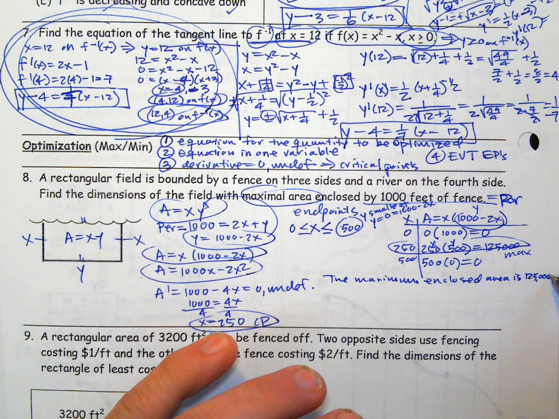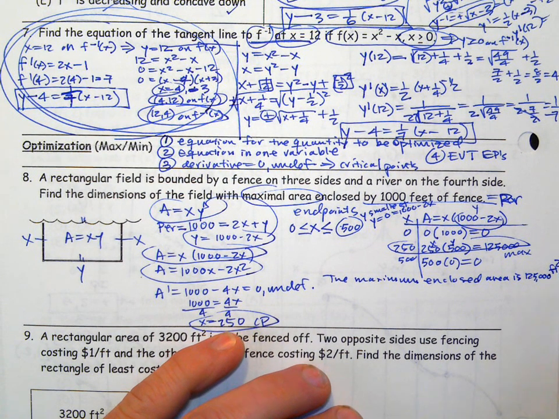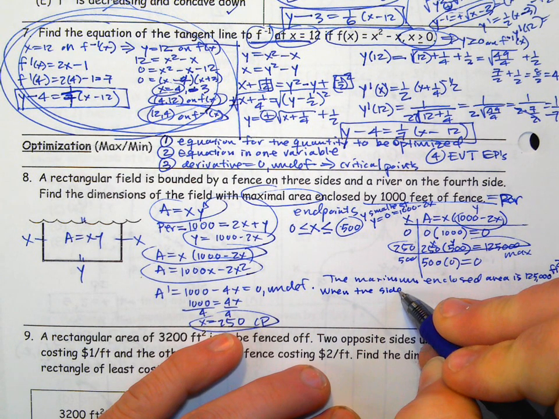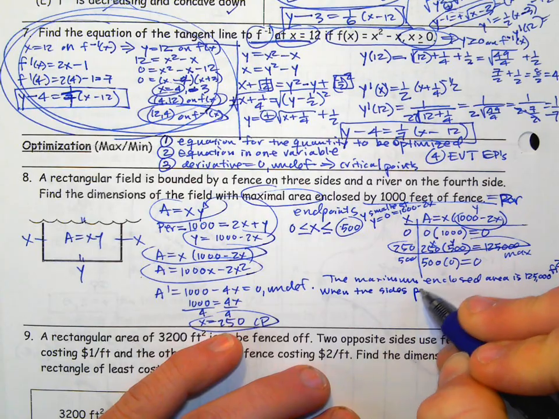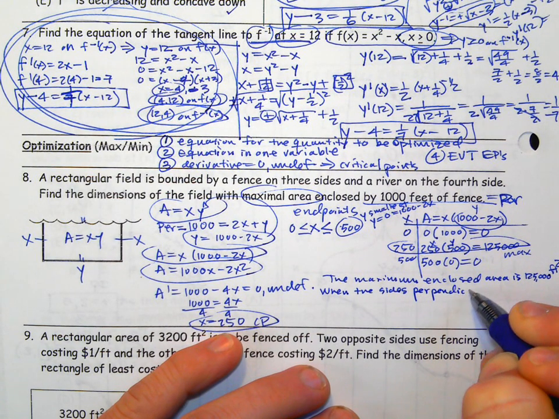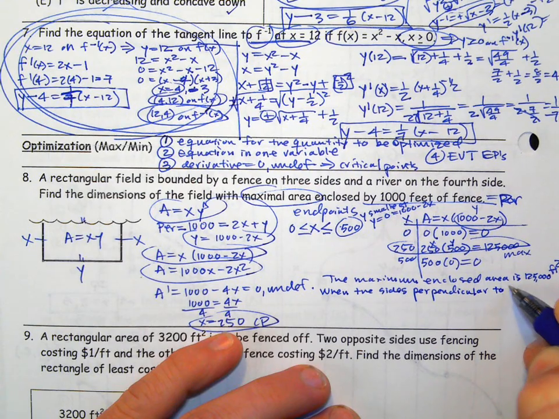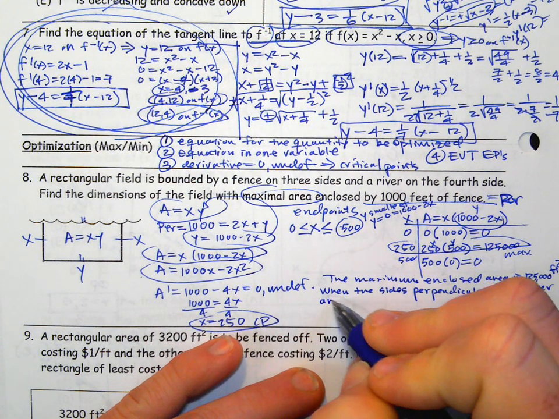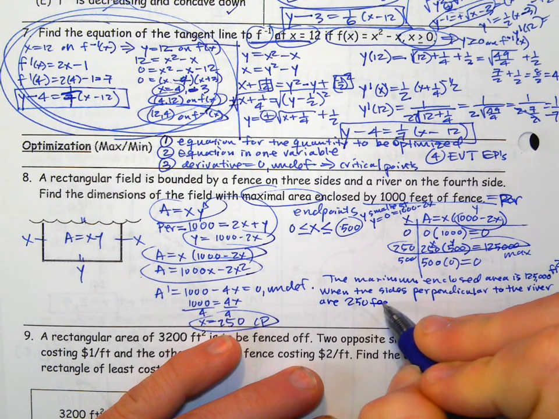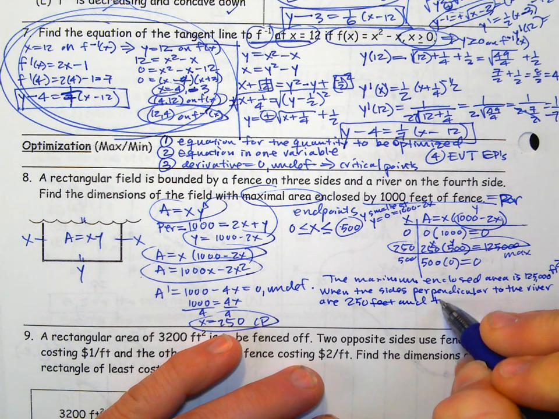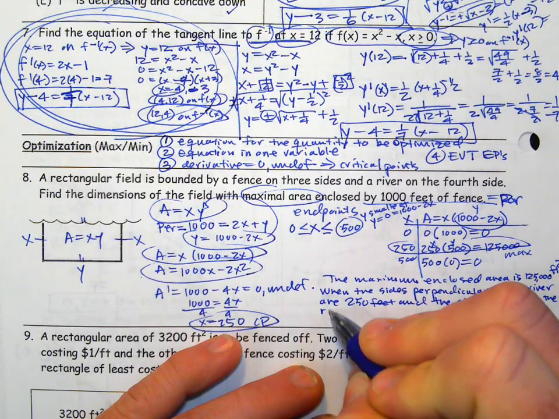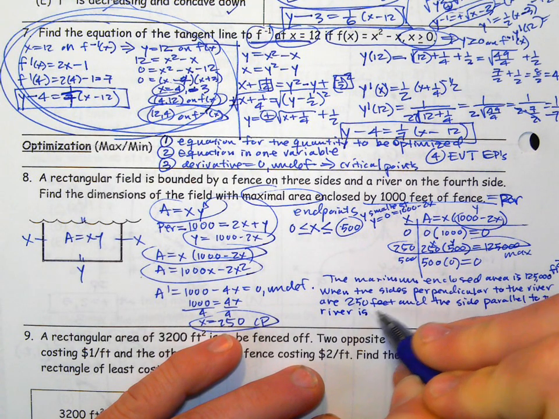We have units, feet squared, when the side perpendicular to the river, instead of saying x, are 250 feet, and the side parallel to the river is 500 feet,